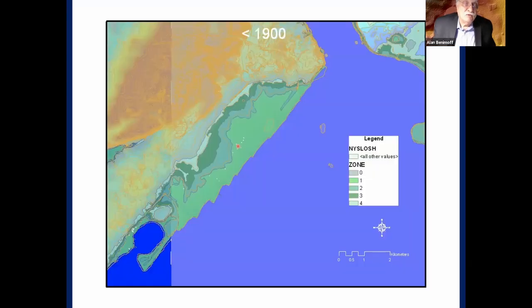And so what I did here with the GIS, I used a database from the city of New York that shows every structure and when the structure was built. So what you're going to see here are some white squares that show up of the lots that were urbanized. So before 1900, here's the category 1 zone, category 2, 3, and 4. If you just take a look at this, so between